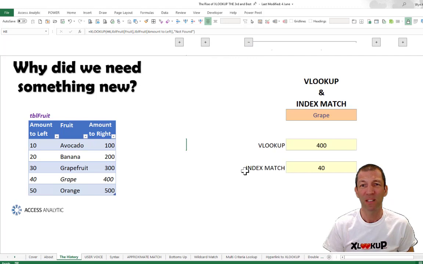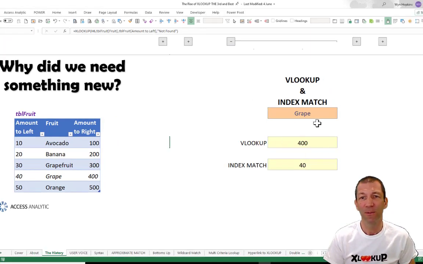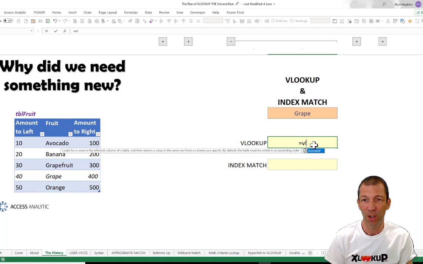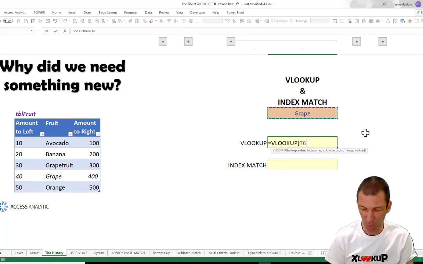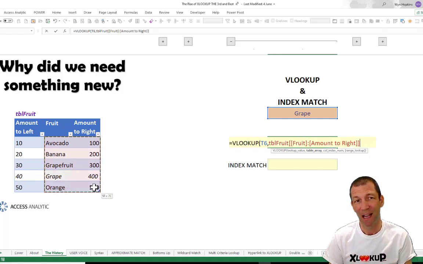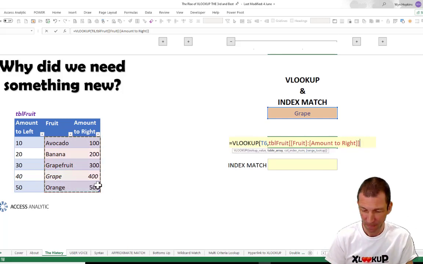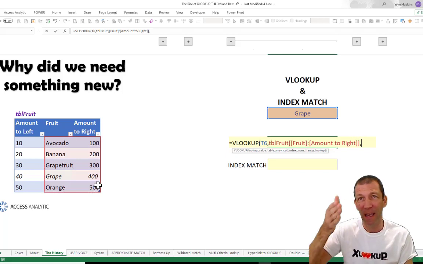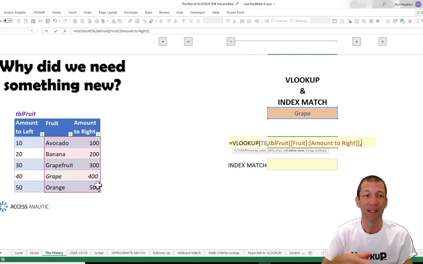Let's just talk about some of the issues that this addresses. So VLOOKUP, let me just delete these ones and show you. Equals VLOOKUP. You'd have to pick the word. You would then select the column you're looking for, and then only to the right, you'd have to highlight all the columns you wanted, comma. You'd then have to count how many columns it was until the result column. In this case, there's only 2,